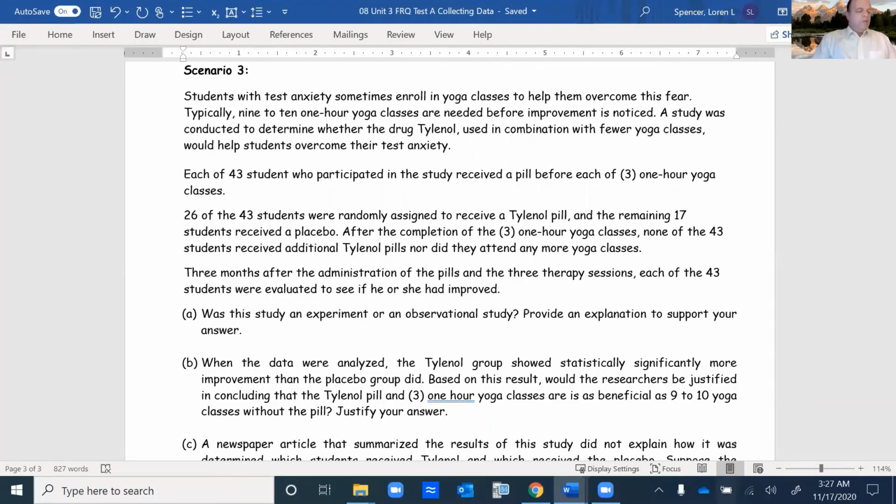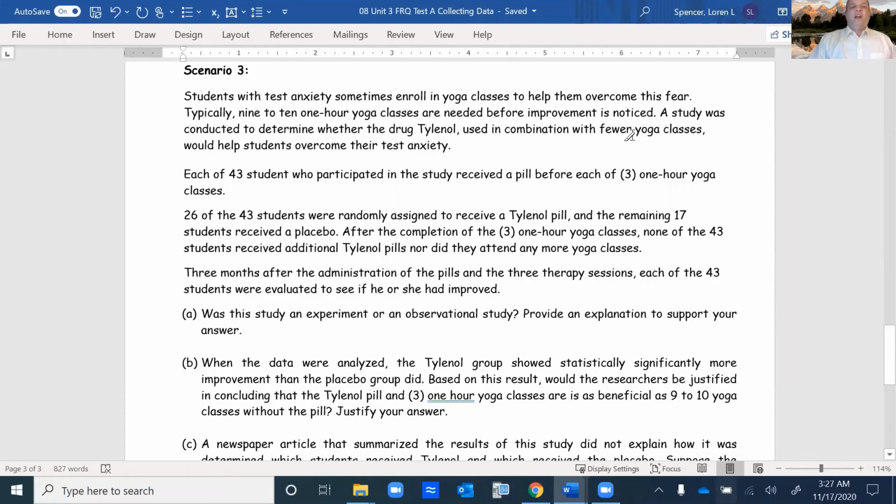Okay, this is test version A, scenario 3. Students with test anxiety sometimes enroll in yoga classes to help them overcome this fear. Typically, 9 to 10 one-hour yoga classes are needed before improvement is noticed. A study was conducted to determine whether the drug Tylenol used in combination with fewer yoga classes would help students